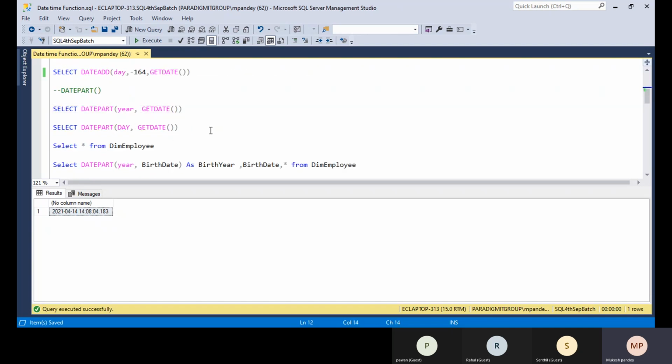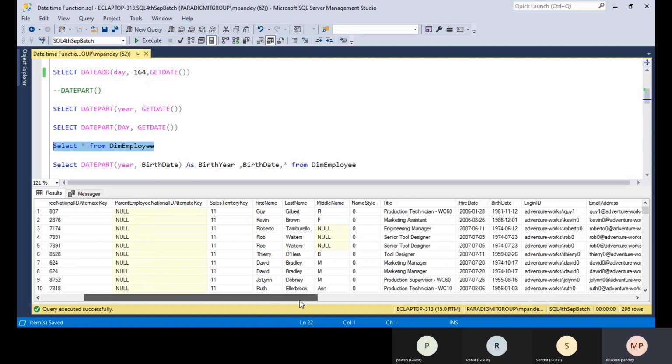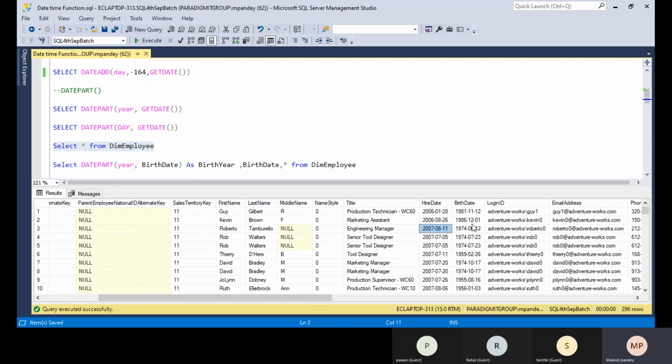Okay, so the DATEPART function is basically used to give a part of any date. For example, suppose I have the employee table, and you can see we have a hiring date and a birth date.